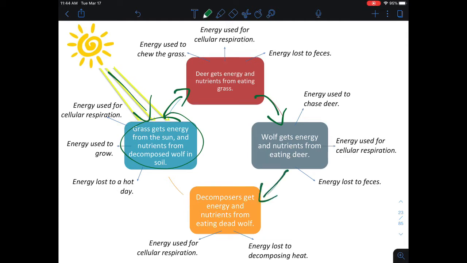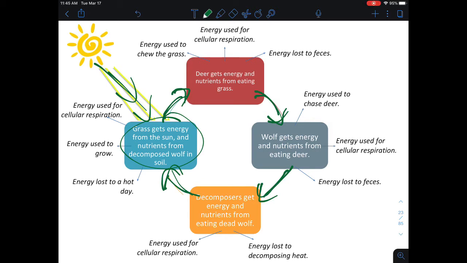When the wolf dies, of course, its body will be decomposed by bacteria or fungus or whatever in the soil. And that energy returned to the soil will be usable by those plants again. If we had perfect transfer of energy, then we would be transforming from one to the next, to the next, to the next, and then also getting energy input from the sun. And our life systems would just be more and more and more and more full of energy.